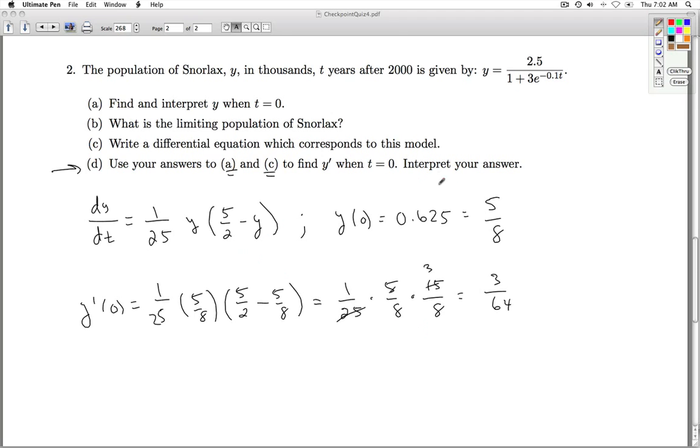So that's finding y prime when t equals 0. What's the interpretation? Well, y represents the population of Snorlax and t represents time. So this is a population rate of change. It's a rate of change of population. So when t equals 0, it's the year 2000. So we can say in the year 2000,